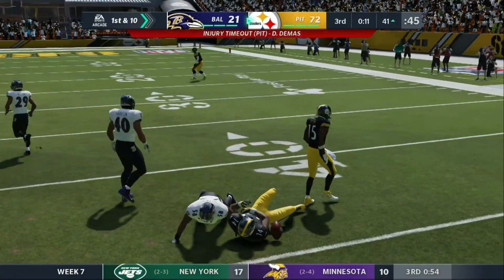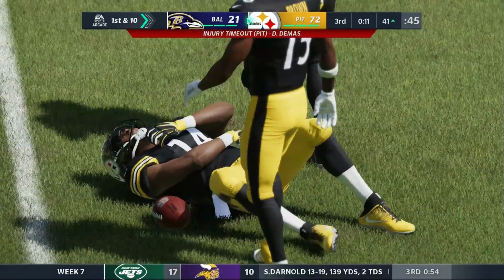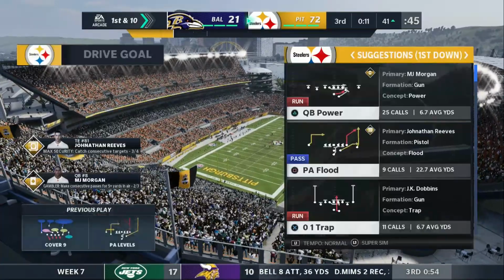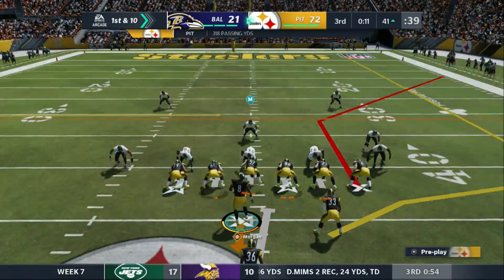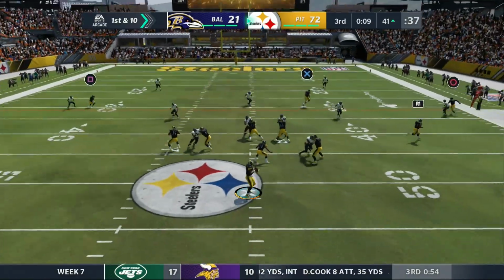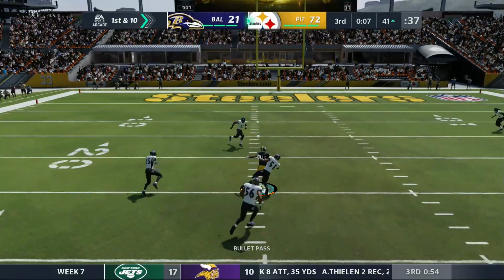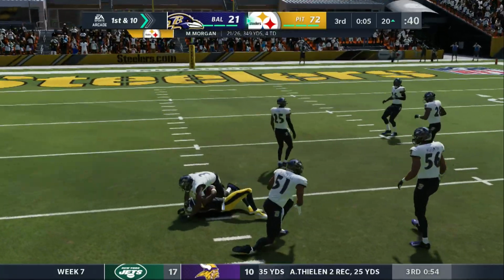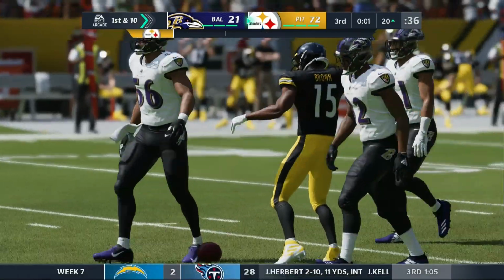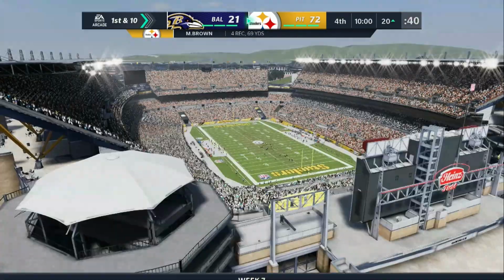He's played so well that it's hard for me to take my eyes off of him, even when he's not on the field. I keep finding my eyes finding him on the bench in between series, wondering what he's going to do next. This has been a blast to watch him play the position. He's been spectacular with those 4 touchdown passes. Now a man open down the middle of the field. And he's going to get this one down to the edge of the red zone for a Pittsburgh